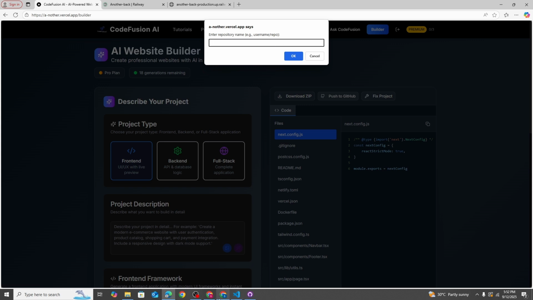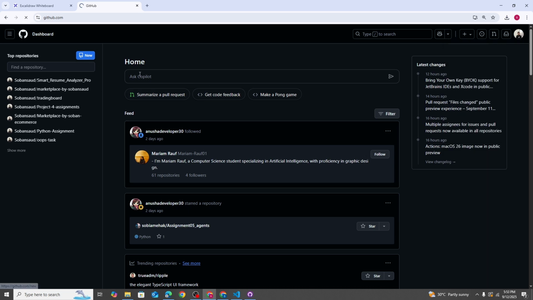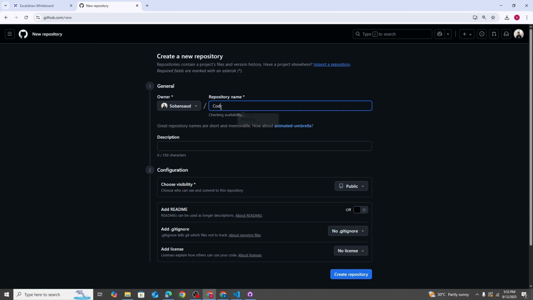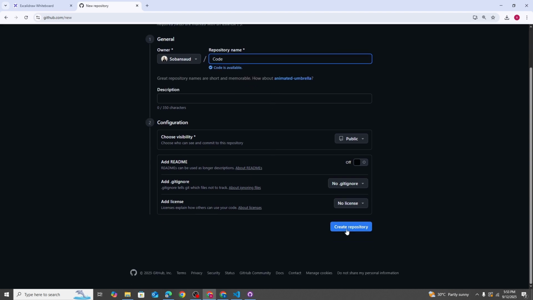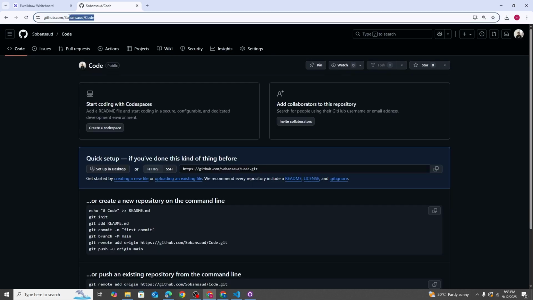Go to GitHub and I will create the empty repository named code, and create repository. And I will copy my GitHub name slash your project repository name, Sobansaud slash code,